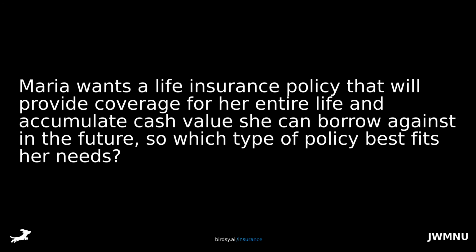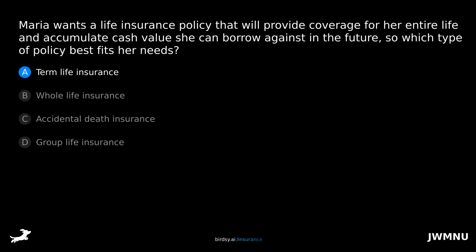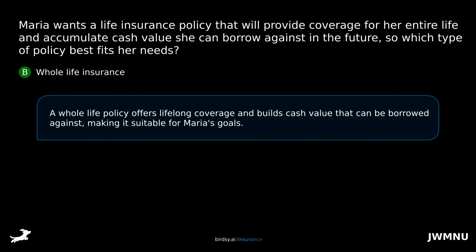Maria wants a life insurance policy that will provide coverage for her entire life and accumulate cash value she can borrow against in the future. So which type of policy best fits her needs? Is it A, term life insurance, B, whole life insurance, C, accidental death insurance, or D, group life insurance? The correct answer is B, whole life insurance. A whole life policy offers lifelong coverage and builds cash value that can be borrowed against, making it suitable for